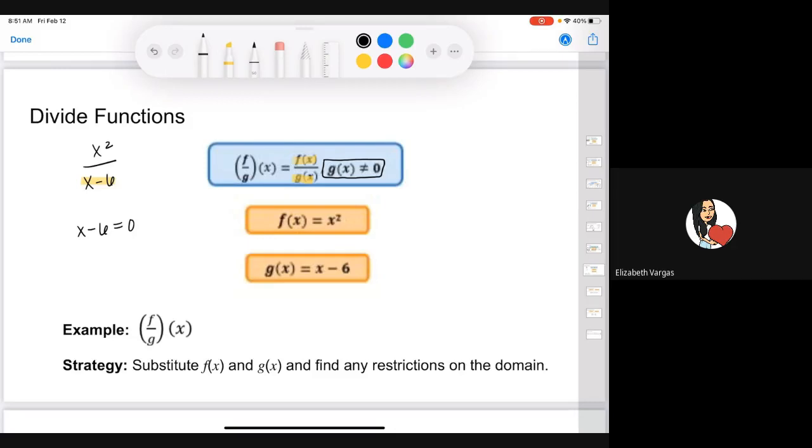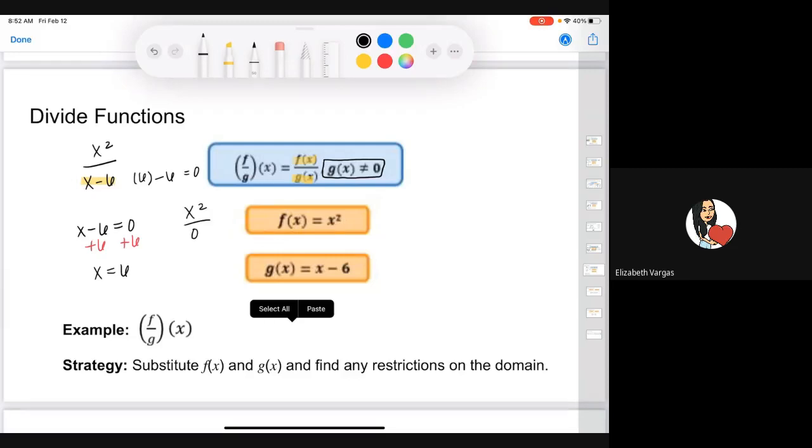Okay, so when will x minus 6 equal 0? Well, when you add 6 to both sides, you'll see that x is equal to 6. So when x is equal to 6, that bottom half will equal 0 because we'll substitute 6 for x, and 6 minus 6 is equal to 0, which will give us